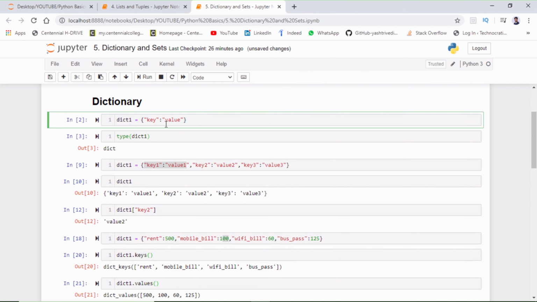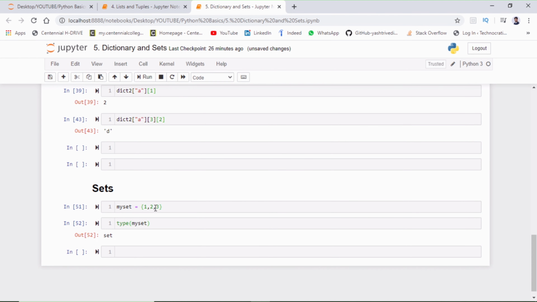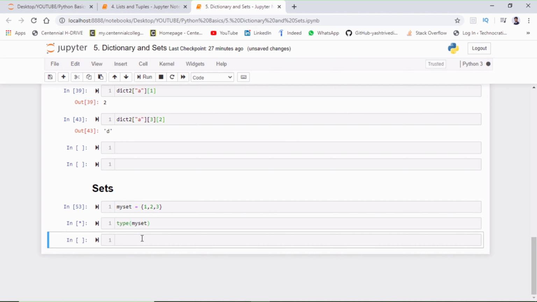So that is the difference between dictionary and sets. To define a dictionary, we have to use a pair of key and value. So we have to define the key and its corresponding value by using this colon sign. So since I'm just passing my object name inside my curly braces, it is taking it as a set, because we can't define this one as a dictionary. So that's how I'm getting this set.